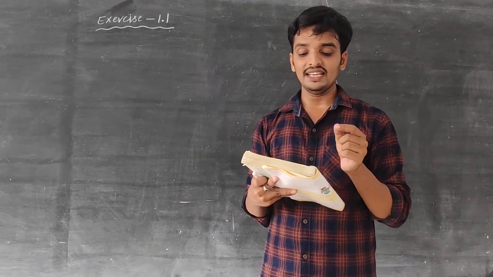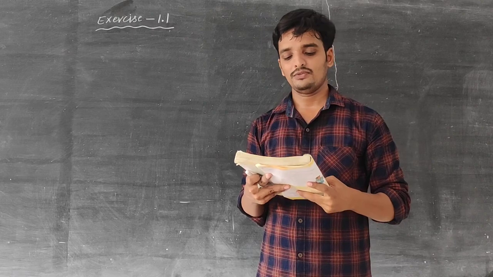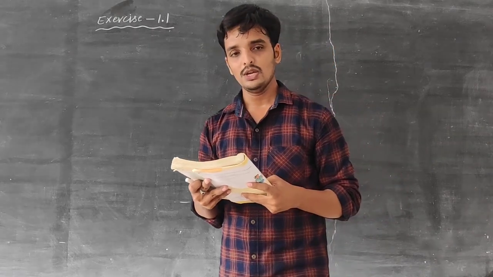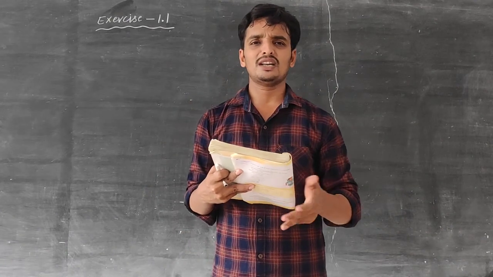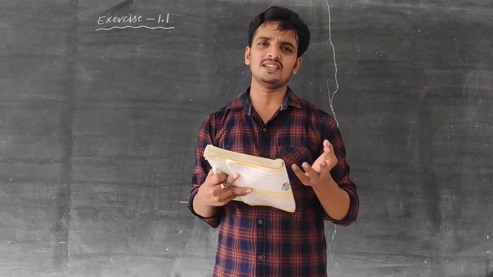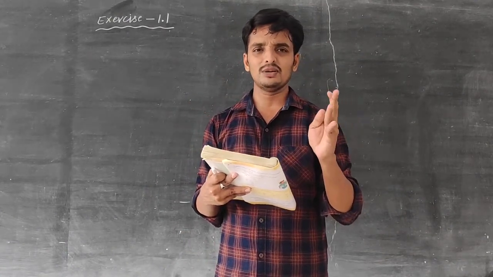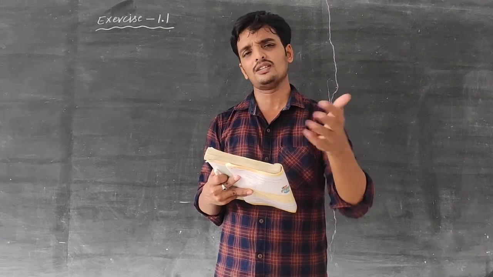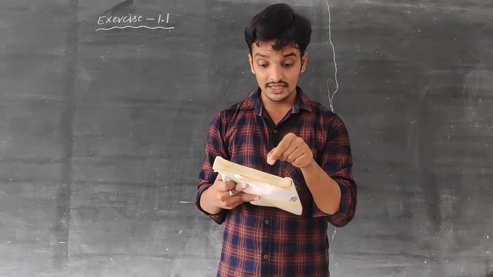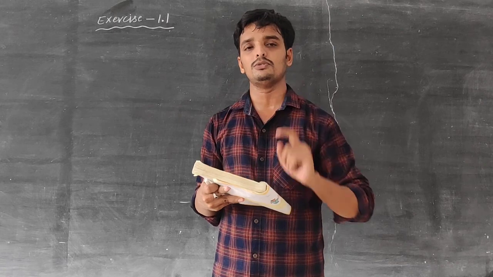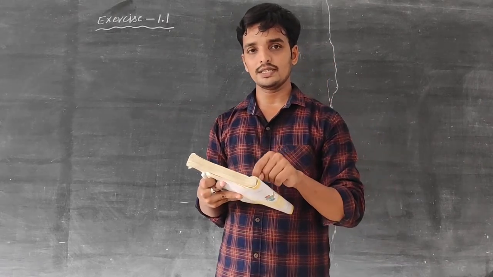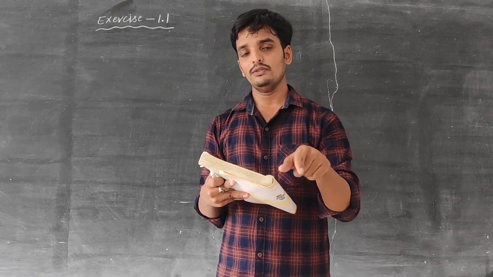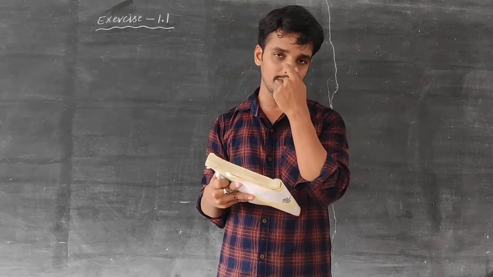First question. Write any 3 rational numbers. The first question in exercise 1.1: write any 3 rational numbers, as you wish, either positive numbers, negative numbers, or fractions. Whatever you write, that is the answer for the first question. We have to write these answers in your CW, not in our textbook.